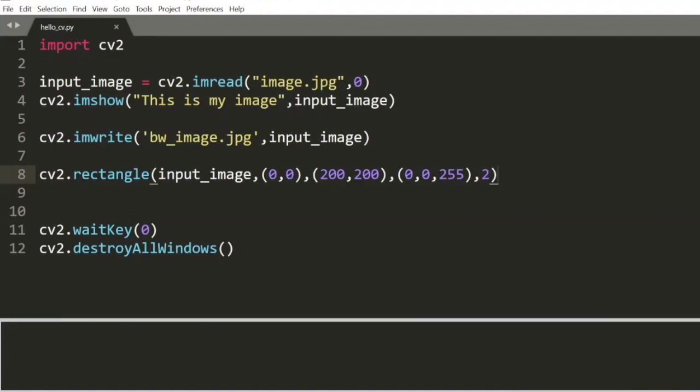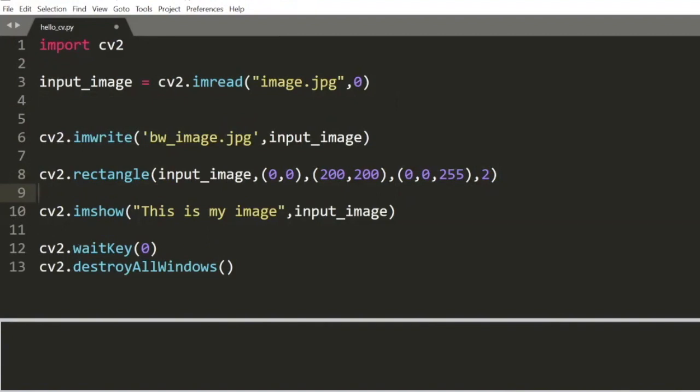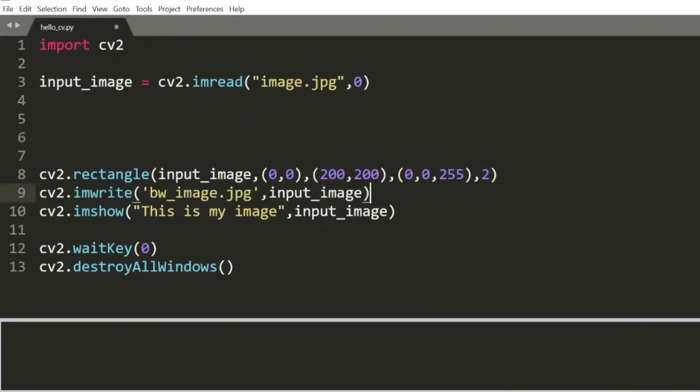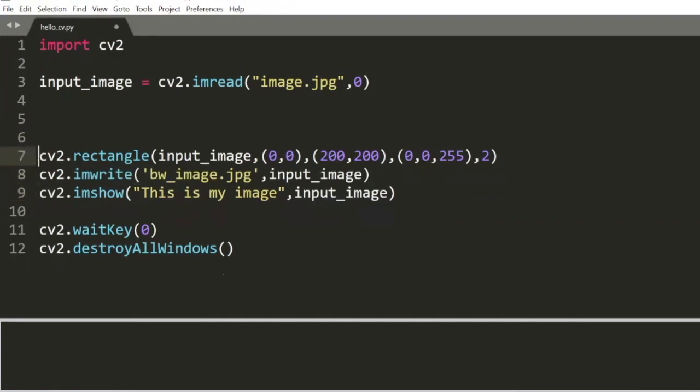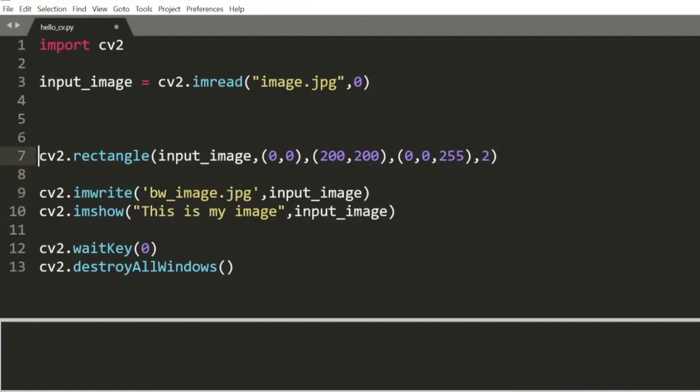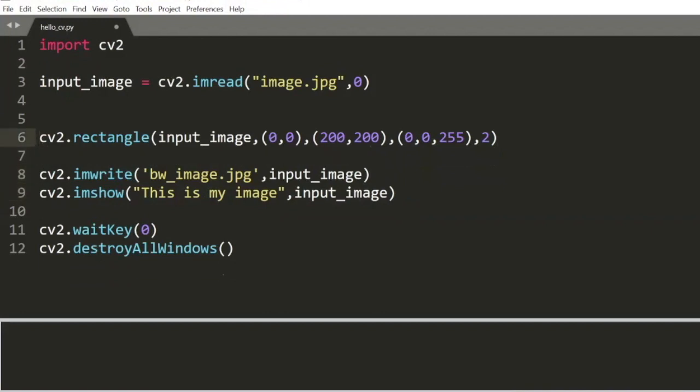We don't want to do that. Let's take this line of cv2.show below this. Now we will see that on our screen as well. And maybe, you know what, you can take this one as well. Maybe we'll write to our screen as well. And I'm just using these extra line breaks over here to make sure that you guys see every line clearly, but it's not generally a good practice.